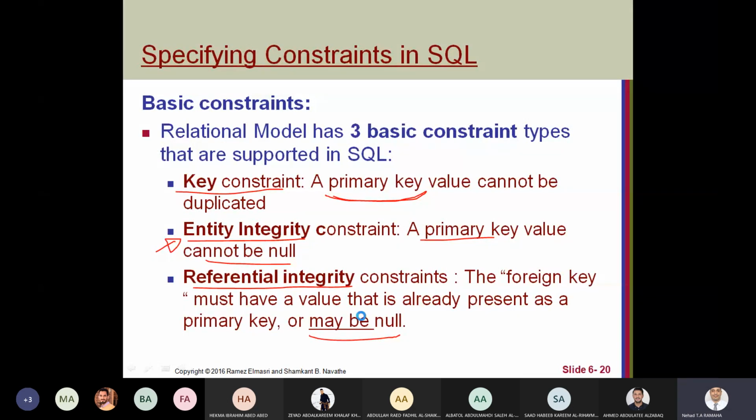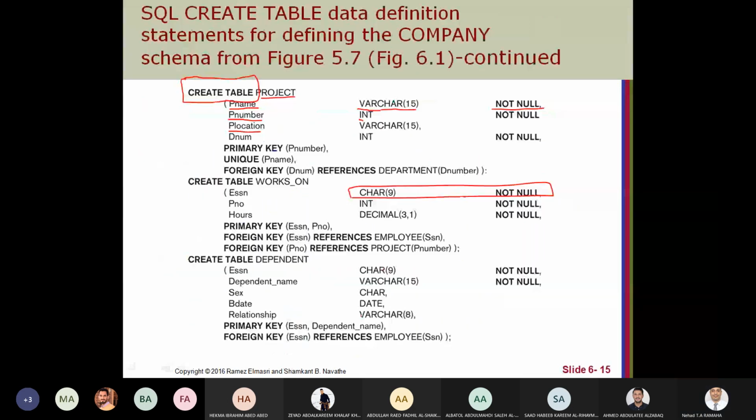For example, here, the department number is a foreign key, and it's originally the primary key in the department. Here we mentioned that it's not null.